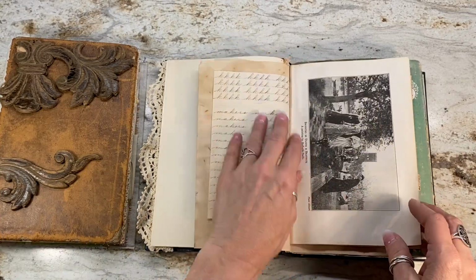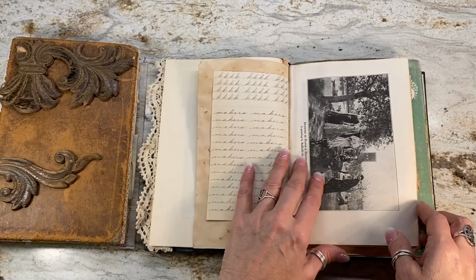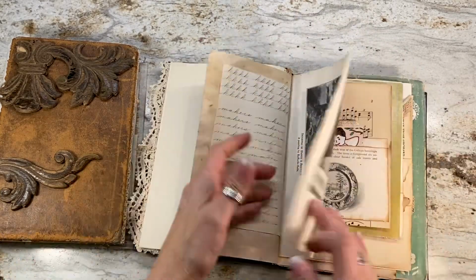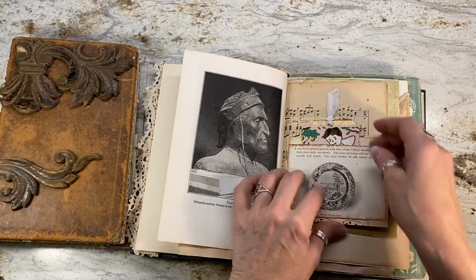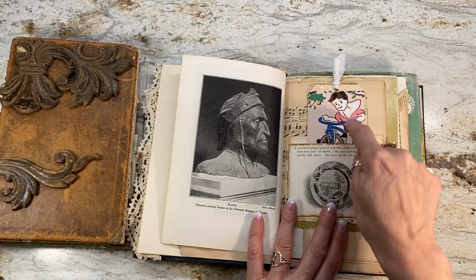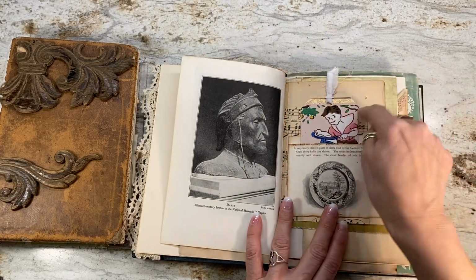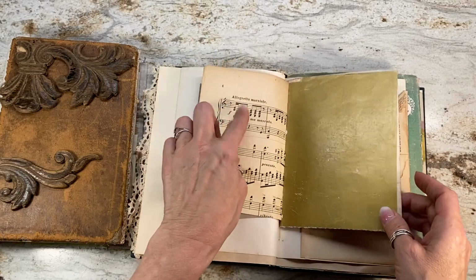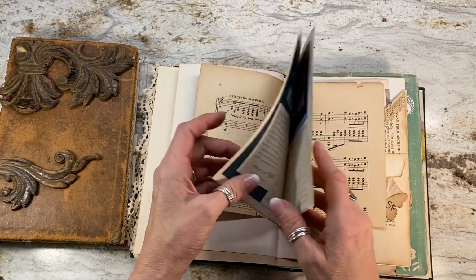So that's from 1926. There's some cursive practice from a school book. Here is a lovely plate from 1906. I love it. This is one of those wallpaper bits from the early 1900s that was hand painted. It's a wallpaper border I made into a tag from a 1906 pocket page, a 1920s music sheet, and look at this wonderful